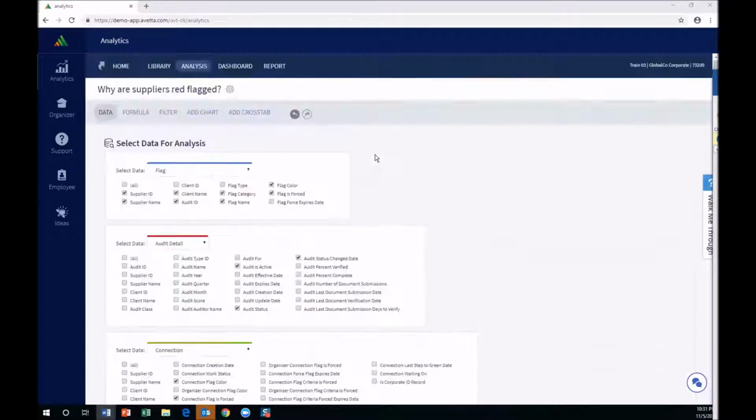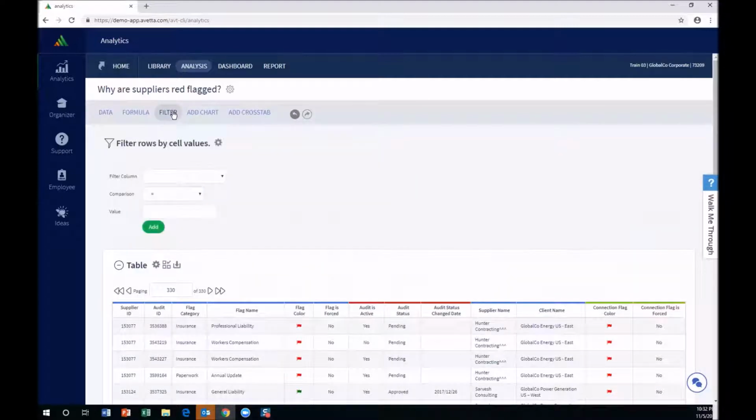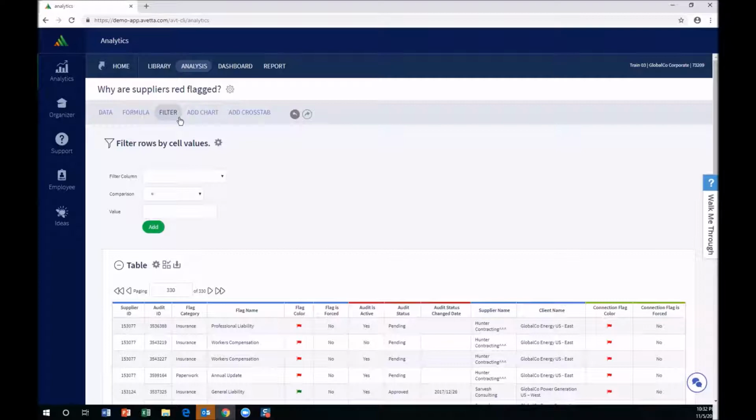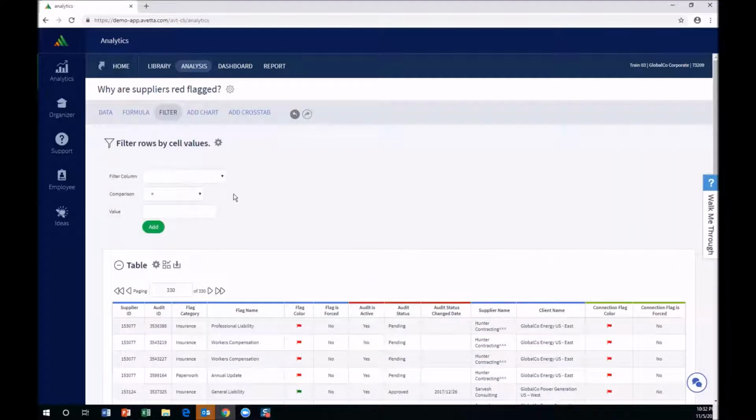So what I'm going to do is filter this. So I'm going to collapse the data because I'm done with that. And I'm going to open the filter. And again, I could close the filter, open the filter, and it's highlighted in gray when it's open, and it's not highlighted when it's closed. So I'm going to open it, and I'm going to say that I want to filter so that I see when my connection flag color